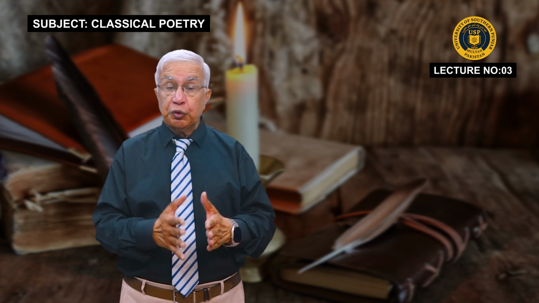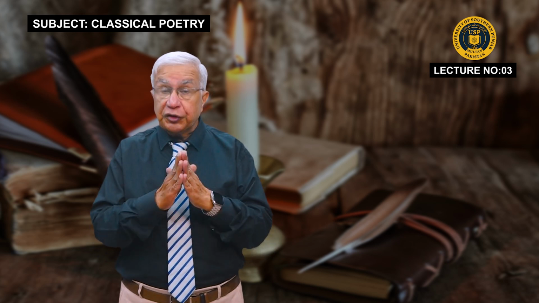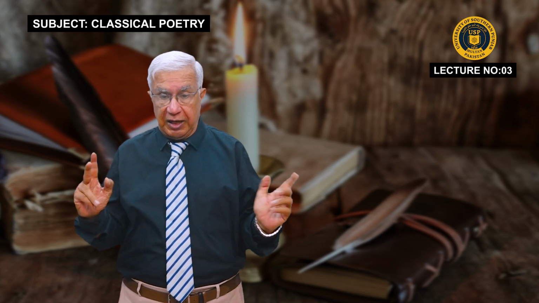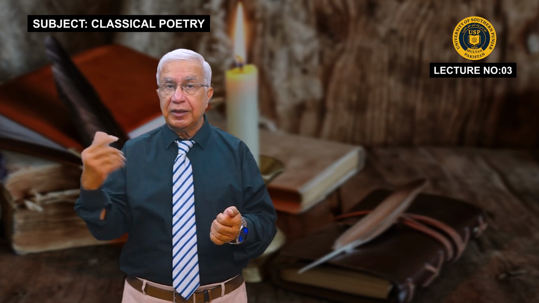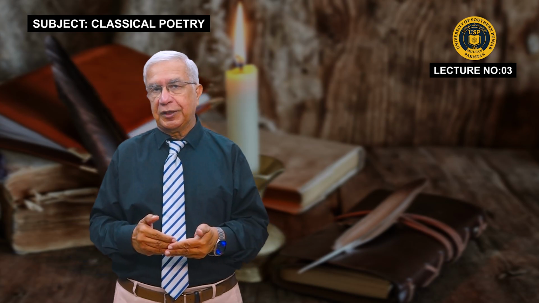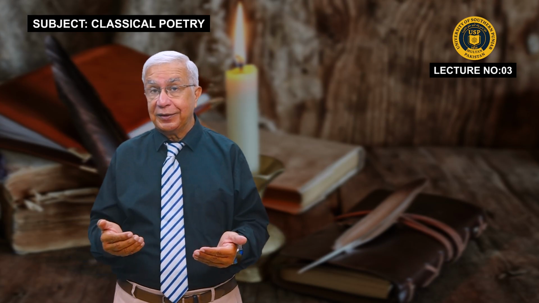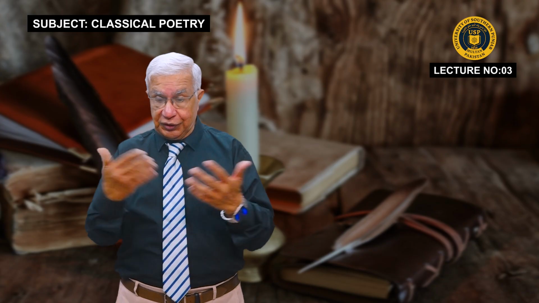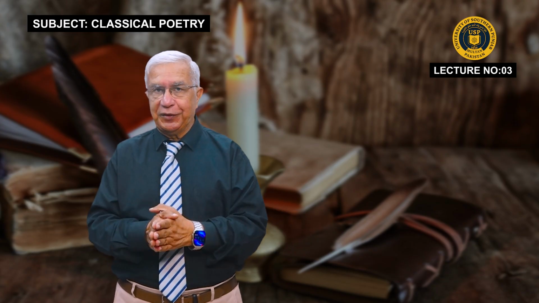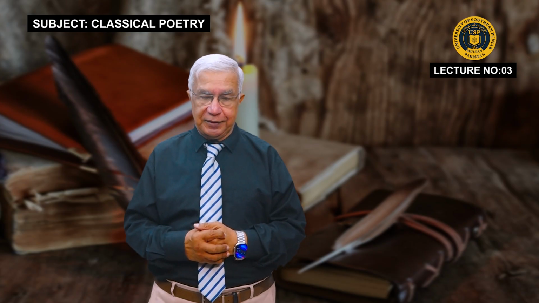So these poets used such structures and such diction with the help of which they could achieve a balance between emotion and reason. That is why the age of Pope was most of the time termed as the age of reason, the age of Pope, the Augustan age, etc. All these things meant one thing, that there was a balance. This balance can be found in his poetry.